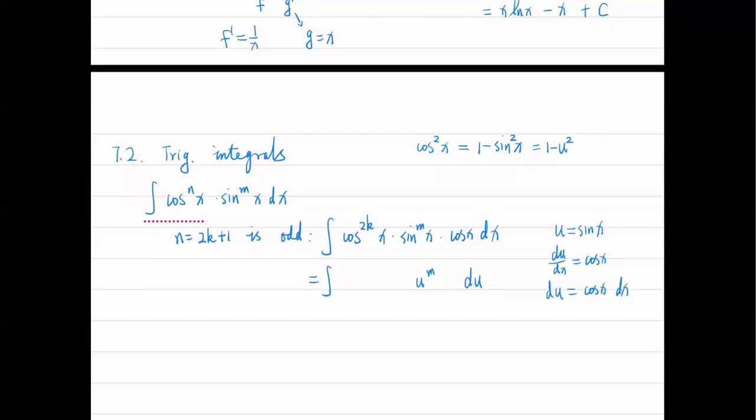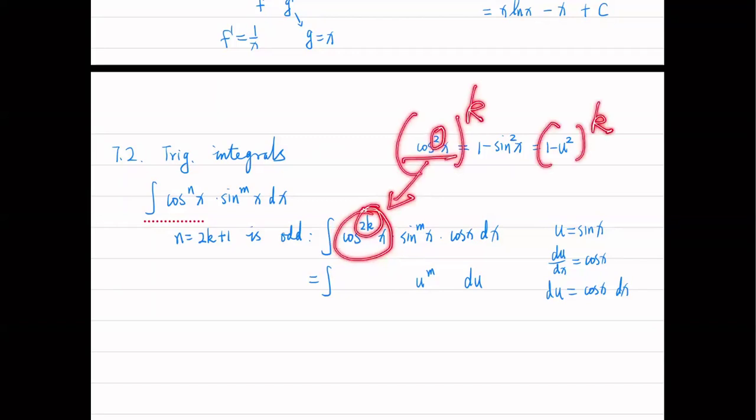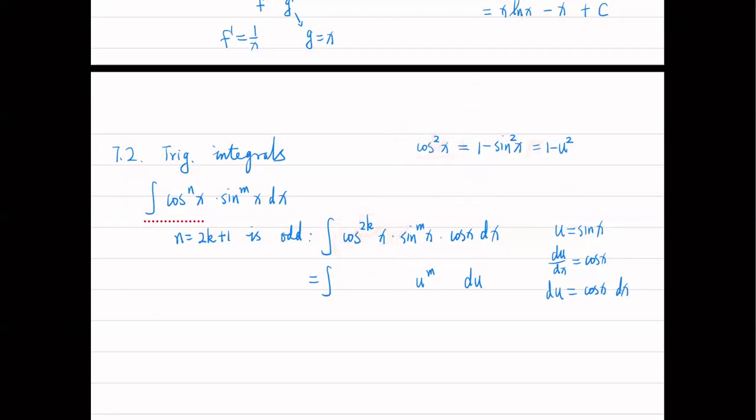Then, okay, so Chen, how do I get 2k power from here? From square to 2k, how do I do that? You take the whole thing to the power k. Now we convert this to a function of u. Can you see the difference? We started with a